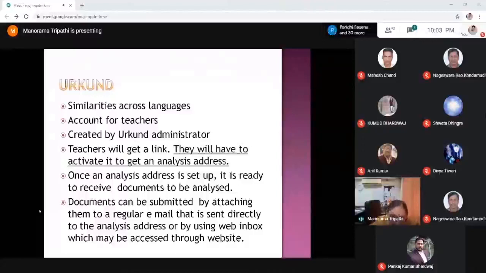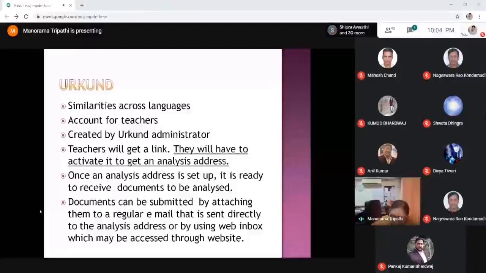Only when the analysis address is set up will they be able to submit attachments, which can be uploaded through the Urkund web inbox or sent through regular mail to this analysis address.